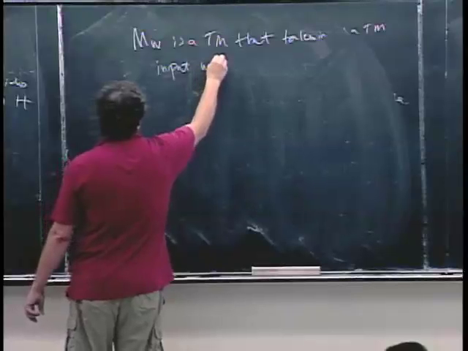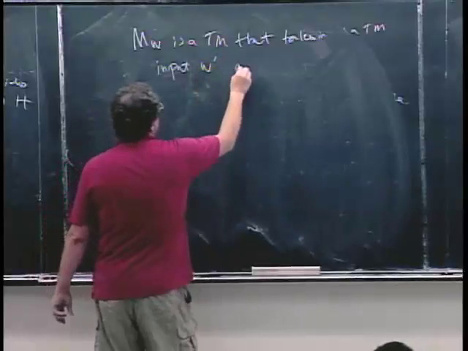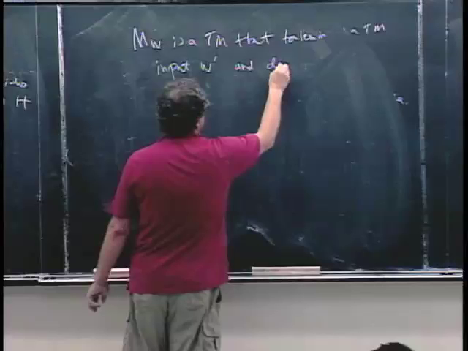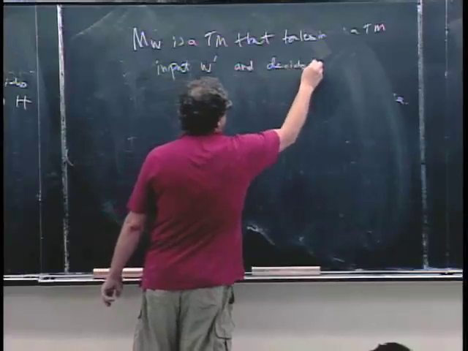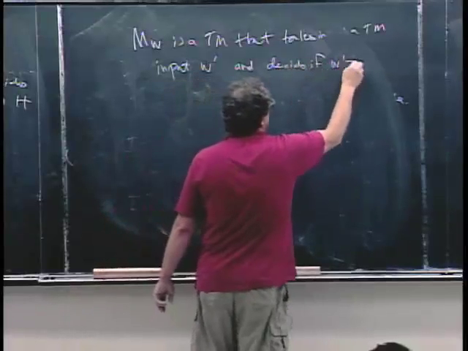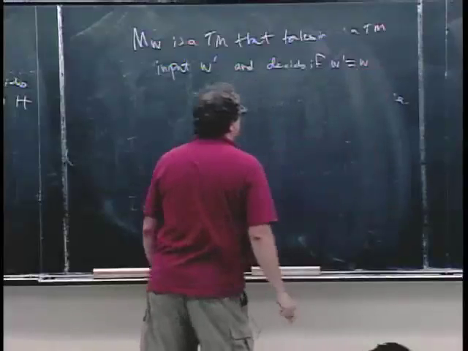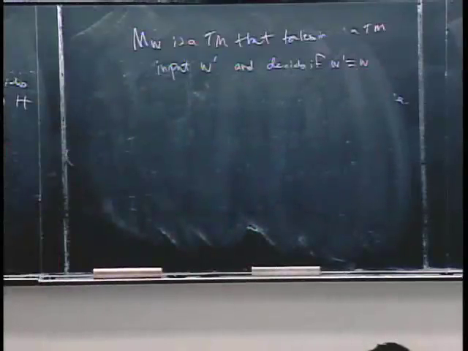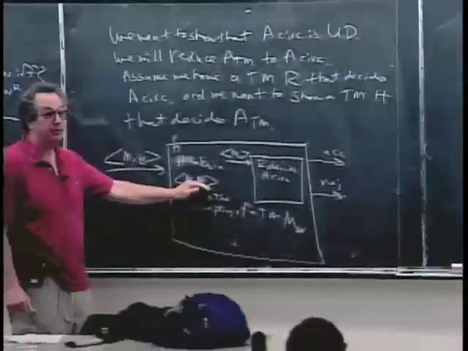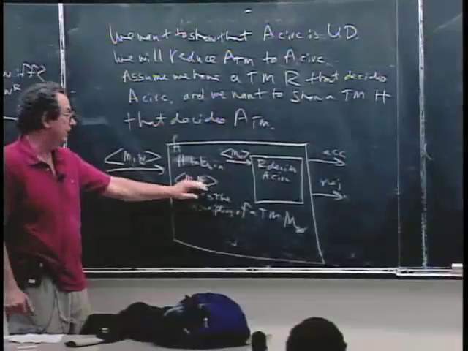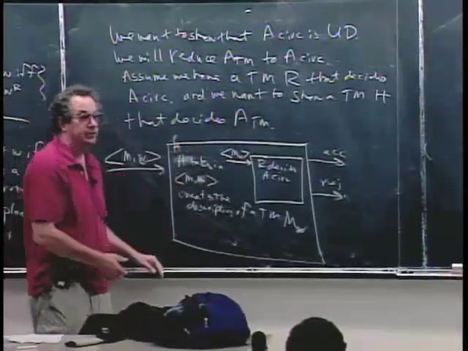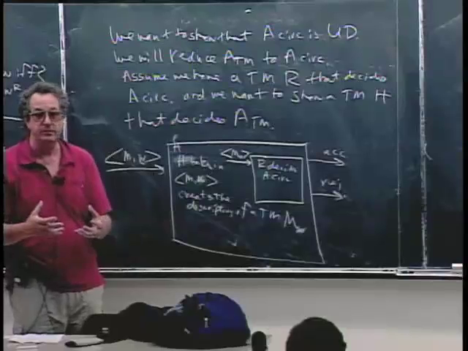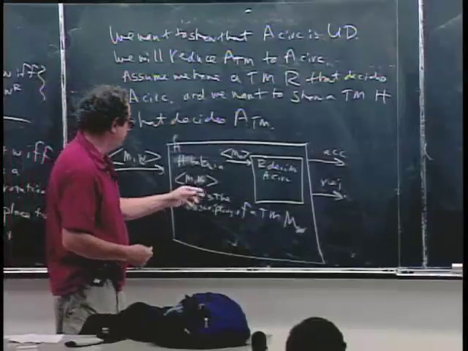I'll call it W prime, and decides if W prime equals W. Okay? So again, at this point in the construction, H has the specific Turing machine M, and it has a specific input W. And so it's now going to create a Turing machine, which the first thing it does